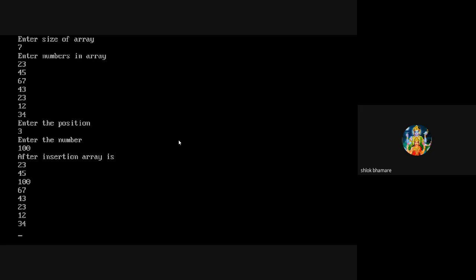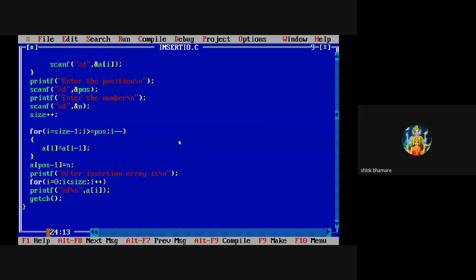But we want to insert the number at the 67 position. That's why we have taken POS minus 1. We have subtracted 1 from POS. Okay.